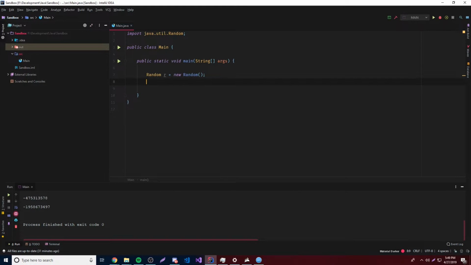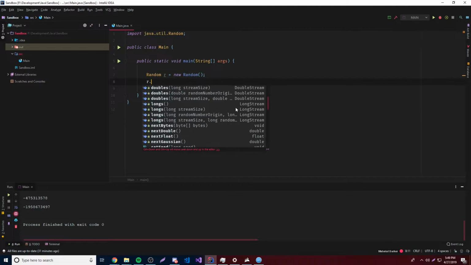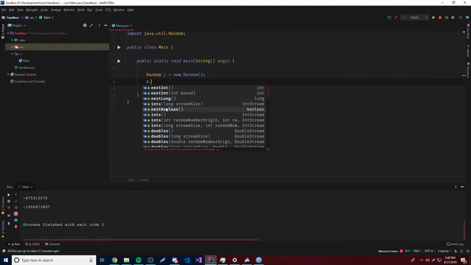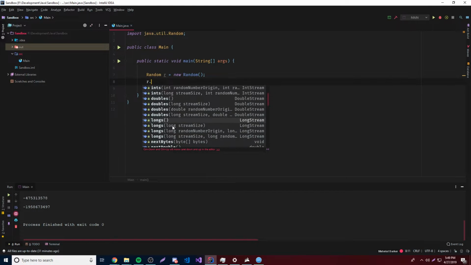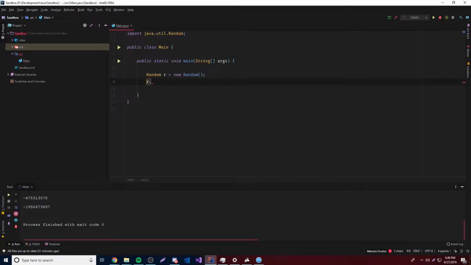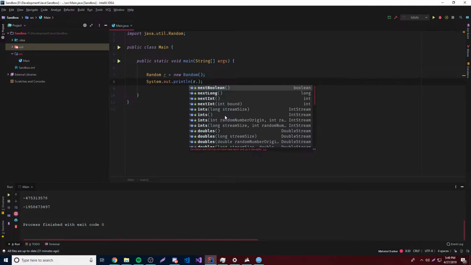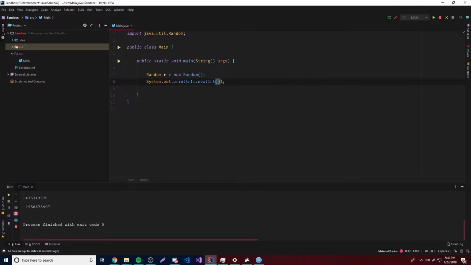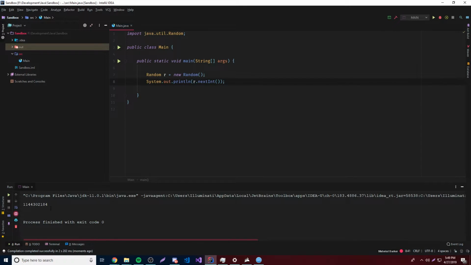So, yeah, we can use this alone just to generate some random stuff. We can generate a Boolean, a long, an integer, doubles, floats, longs, a bunch of cool stuff, right? So let's try generating a random integer. So let's just print it out because it's going to return an integer when we call it. So r dot nextInt. So it's going to generate the next integer, the next random integer. Okay, so let it run, and it's going to print it out. It's running here, and here's our random integer: